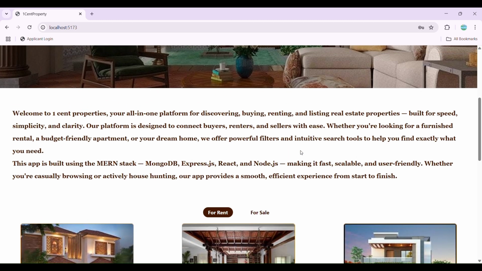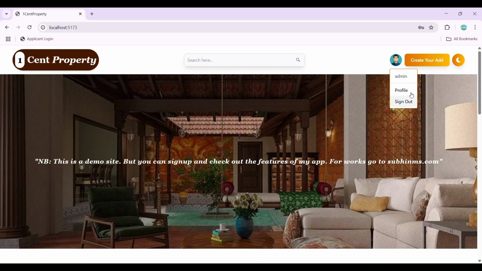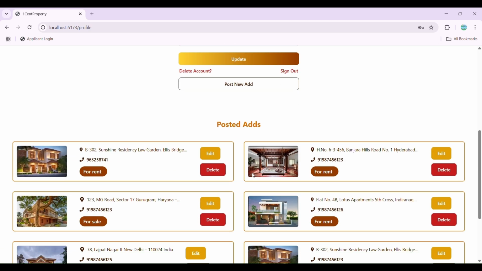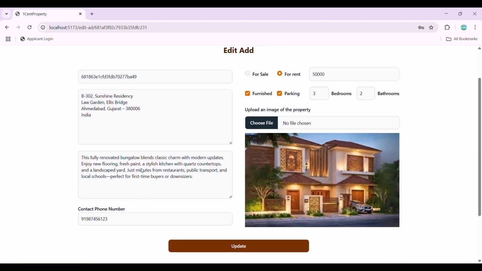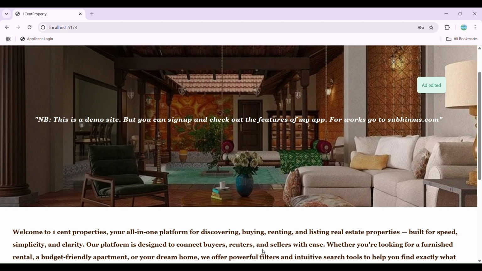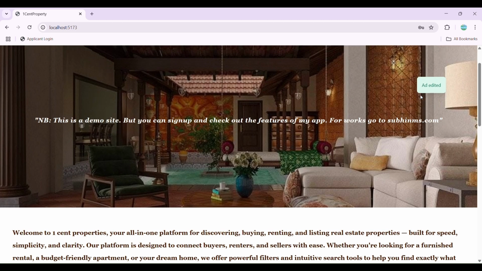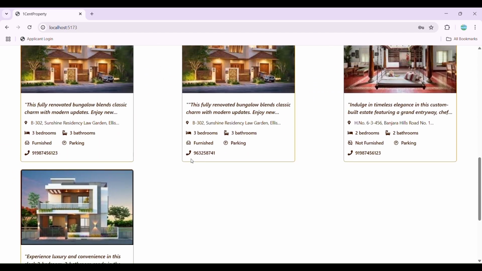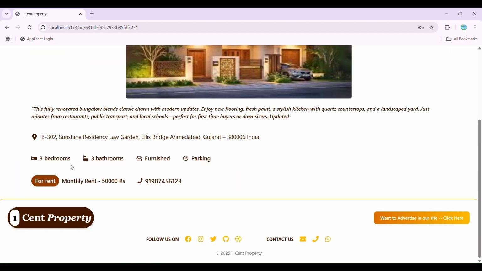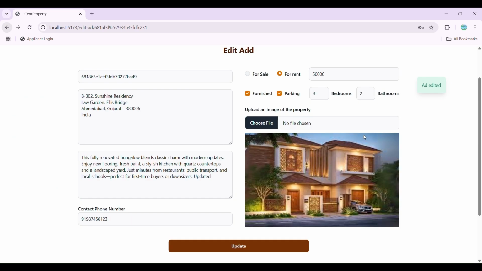Now let us go back to our admin dashboard. You can see all the ads. This is the last ad we created. We can edit it here. For example, here we can give something like updated, and we can give update. See, here we get the message ad edited, and once we go to the ad, you can see here, see, updated. So we can do that,